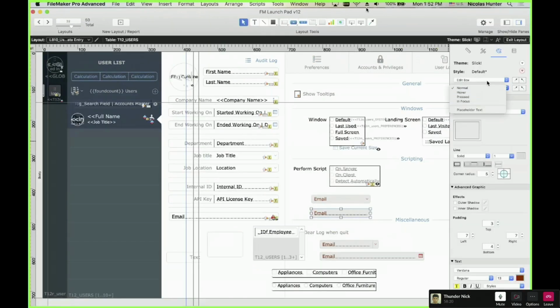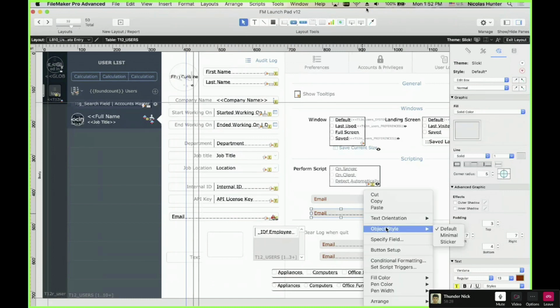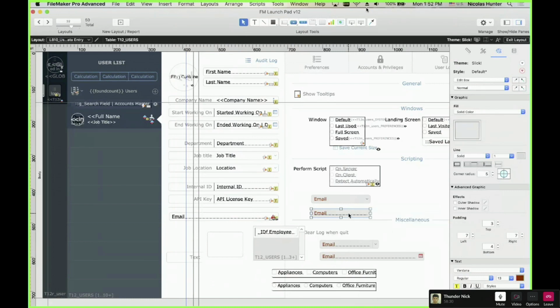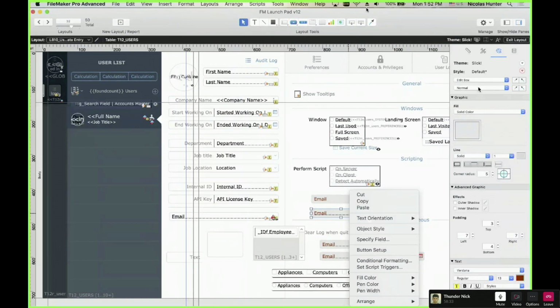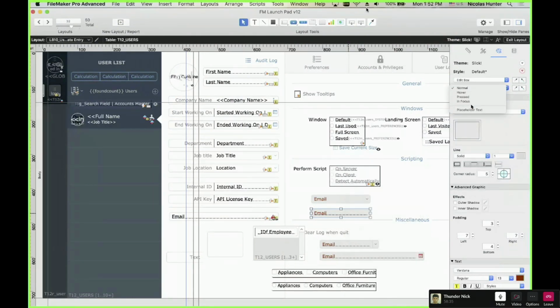Unfortunately, we cannot have a button. We don't have a button that says apply to all styles. It could have been nice to have something like apply style to all. I want that for all states, because we call those states. Those are styles, components of the object. This object is one component.